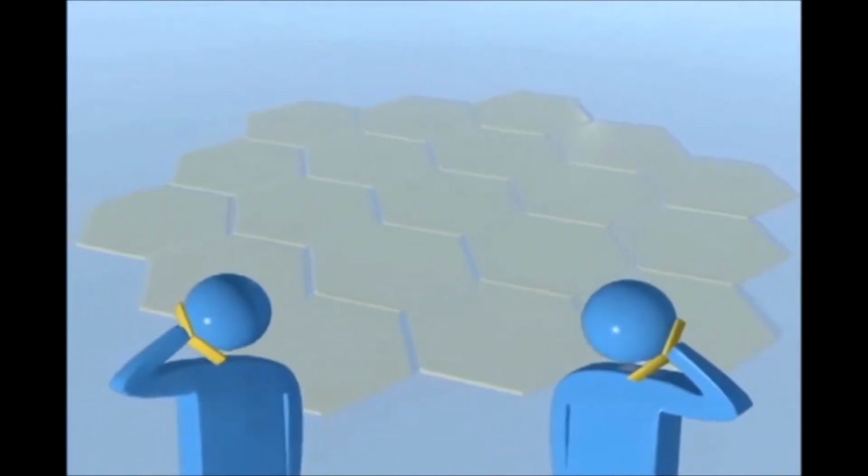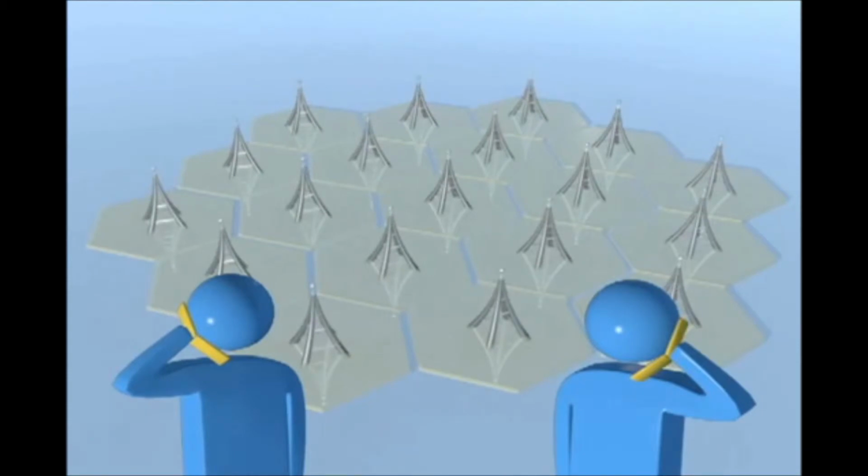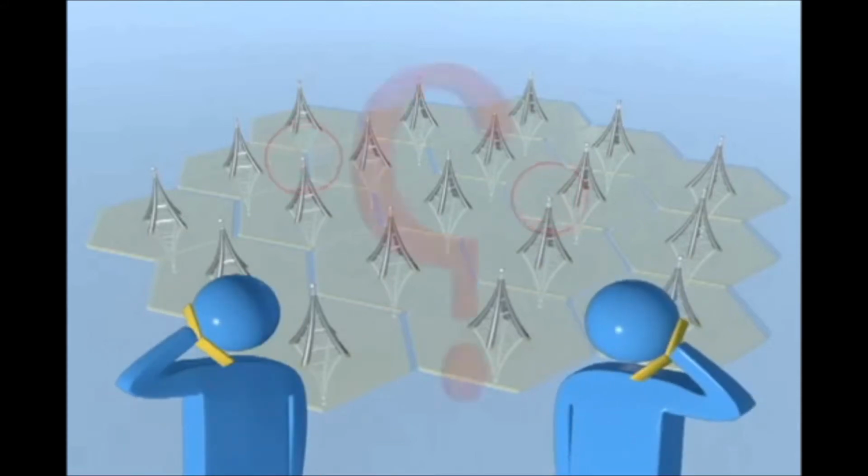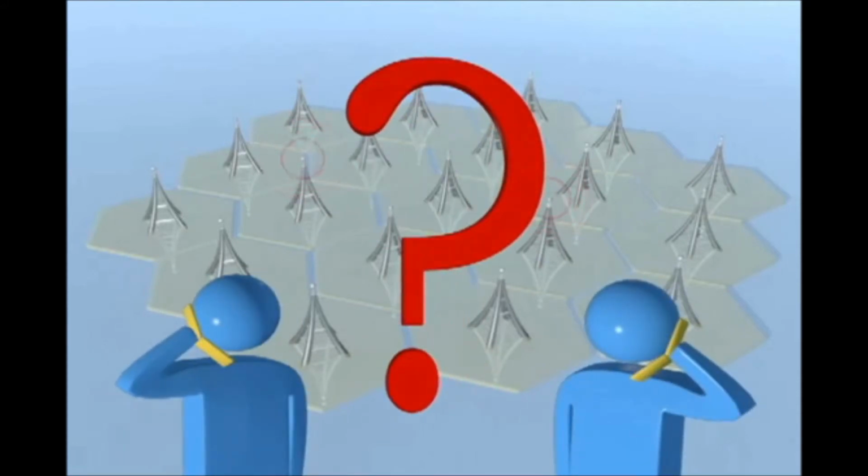The genius of the cellular system is the division of the city into small cells. Cells are normally thought of as hexagons on a big hexagonal grid. This allows extensive frequency reuse across the city, so that millions of people can use cell phones simultaneously. So, what happens when someone calls you?